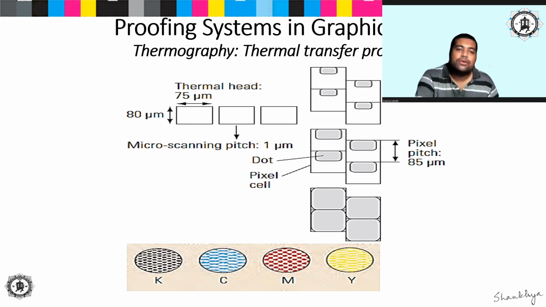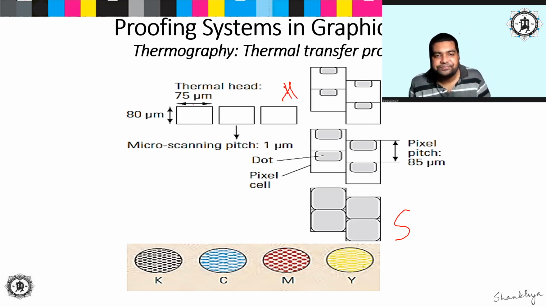So for shadow areas, we have larger dot sizes, and for the highlight areas, smaller dot sizes, depending upon the heat applied by the thermal printing head onto the imaging ribbon and the amount of ink that is ultimately getting transferred. So here dot formation will occur, and the resolution will depend upon how many heating elements there are per unit area, right? So this is how the thermal transfer process is actually done.